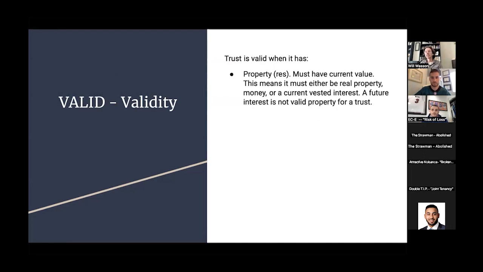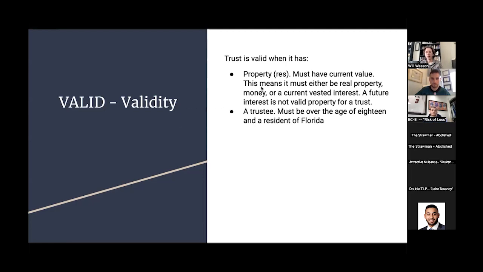So for instance, I know one of the things we talk about in another topic is how you can use potential gains in an ongoing lawsuit as a form of property. I think that's in secure transactions. Regardless, because that's a future interest, you wouldn't be able to make a trust out of those future gains in that lawsuit. So that's important for the property.